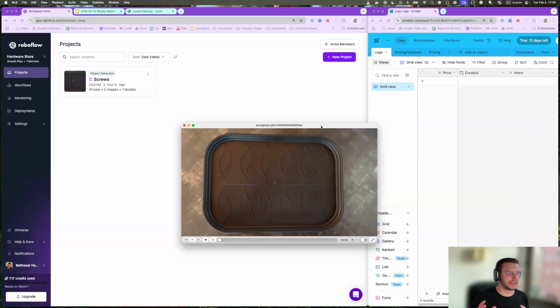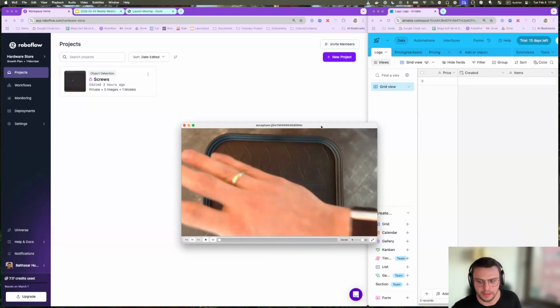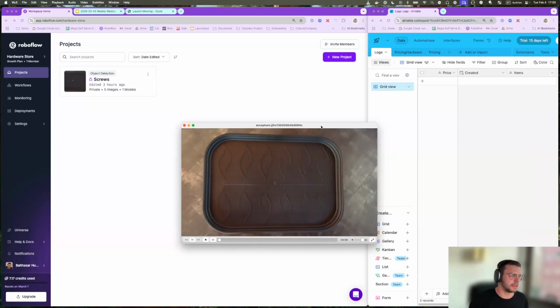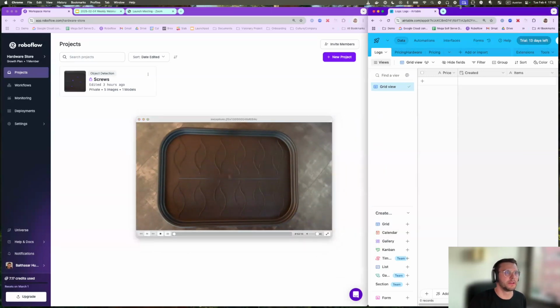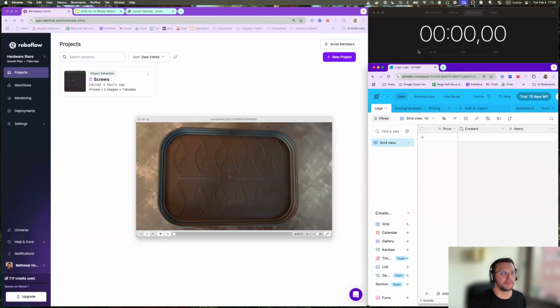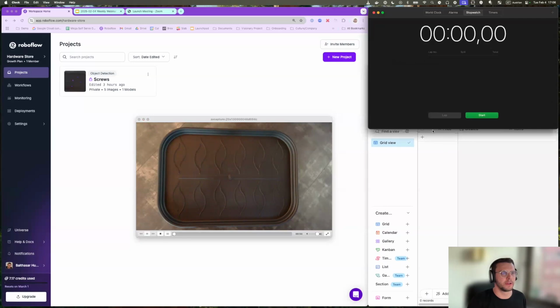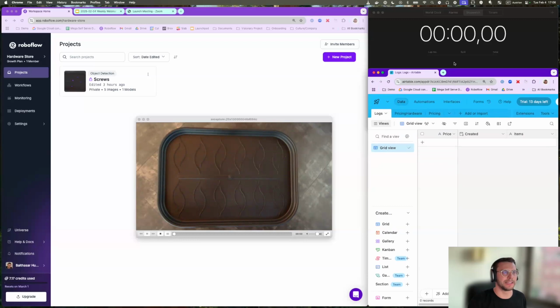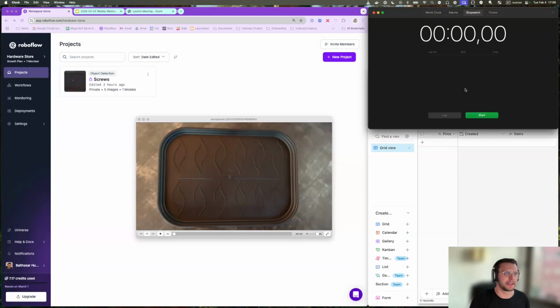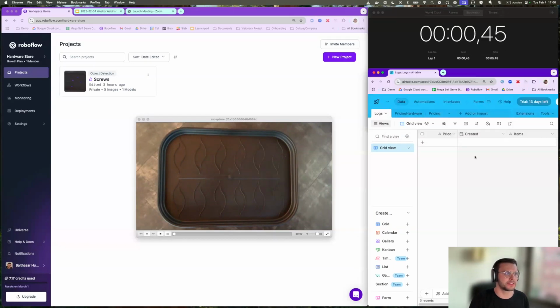What you can see here is a live webcam feed that I have here on my right-hand side. I can move my hand under here, you can see it. And we're gonna capture some images live with that. And as I said before, we try to do it in under 10 minutes. But if there are some small problems, it might take 1 or 2 minutes longer, but let's see how it goes. Let's get started. So I'm going to start the timer,